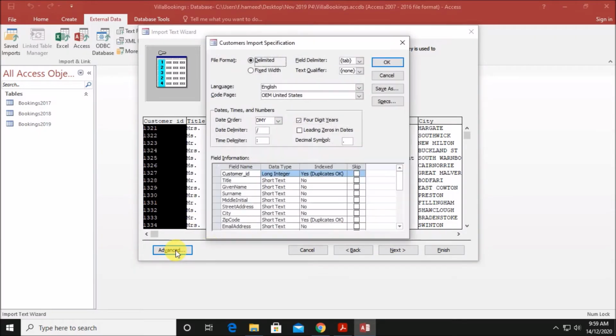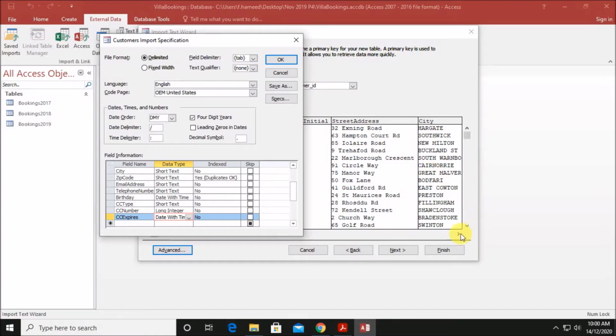Click on Advanced. Set the data type. So birthday is date with time and CC expires is date with time. CC number, you can see it's a long number which has to be set as text. So let us set CC number as text. Otherwise there will be import errors.